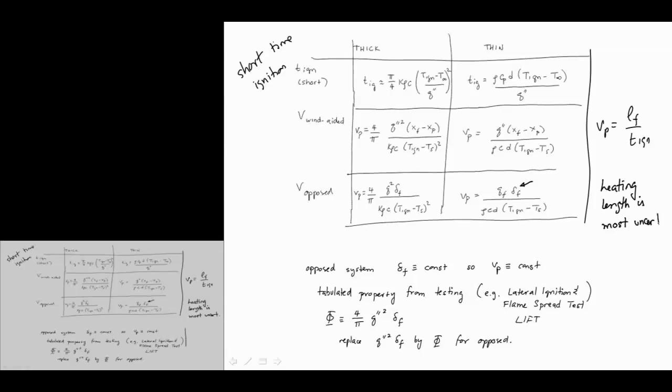And so what happens is that tests are used to parameterize it, or perhaps to calibrate it out. And the experimental condition is this lateral ignition flame spread test, this LIFT test. And there's a parameter in this LIFT test that looks like Q squared delta F. And so a lot of times for opposed flow flame spread, it's these tabulated parameters that are used to specify